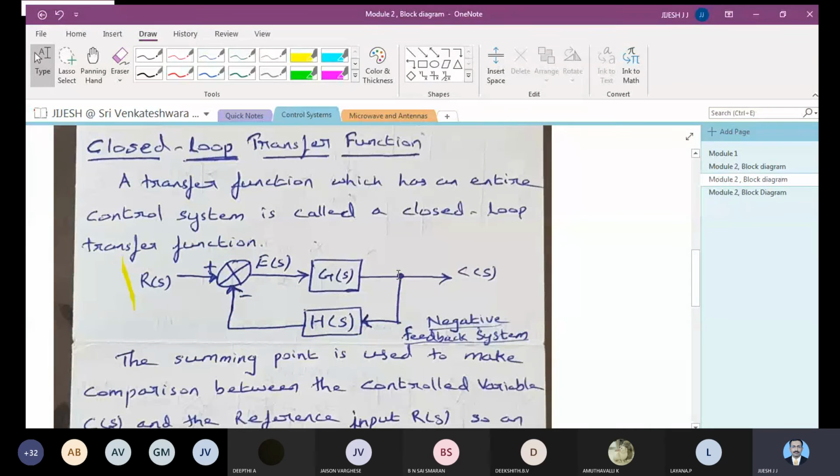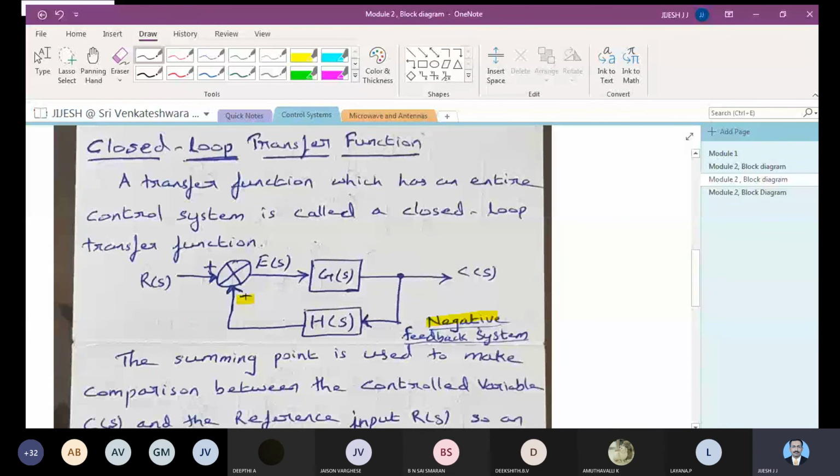be two feedback mechanisms. One is called negative feedback and another is called positive feedback. How do you call it a negative feedback? Listen carefully. This will be required for you while solving the problem. Negative feedback: if the feedback ends at negative, so if you are putting the symbol minus here, then this feedback mechanism is called a negative feedback system. If in place of minus I put plus here, then it is a positive feedback mechanism. That is what you have to understand.